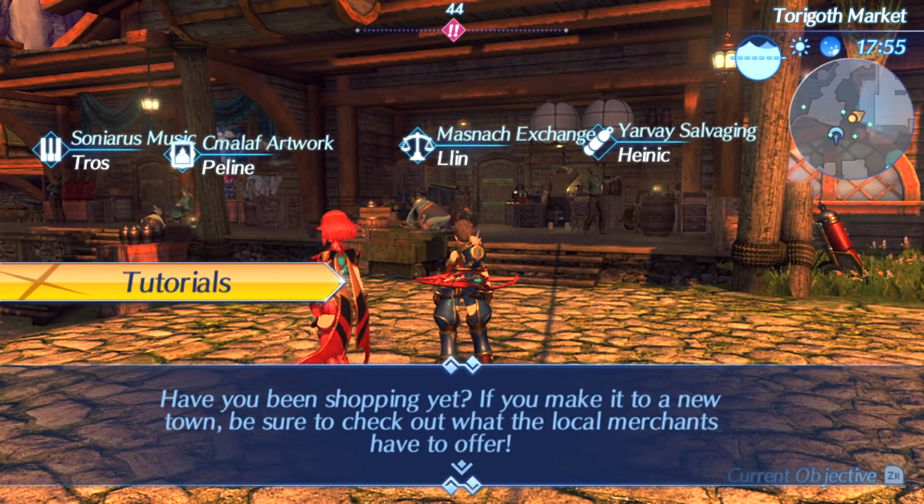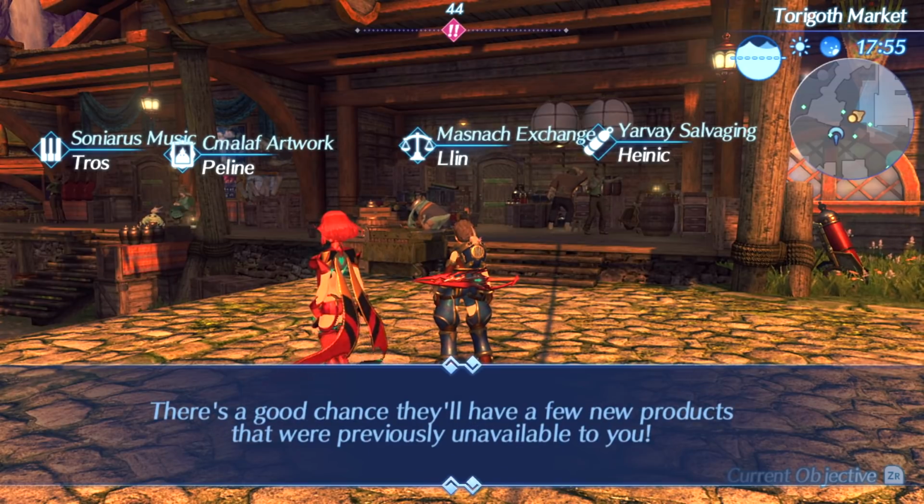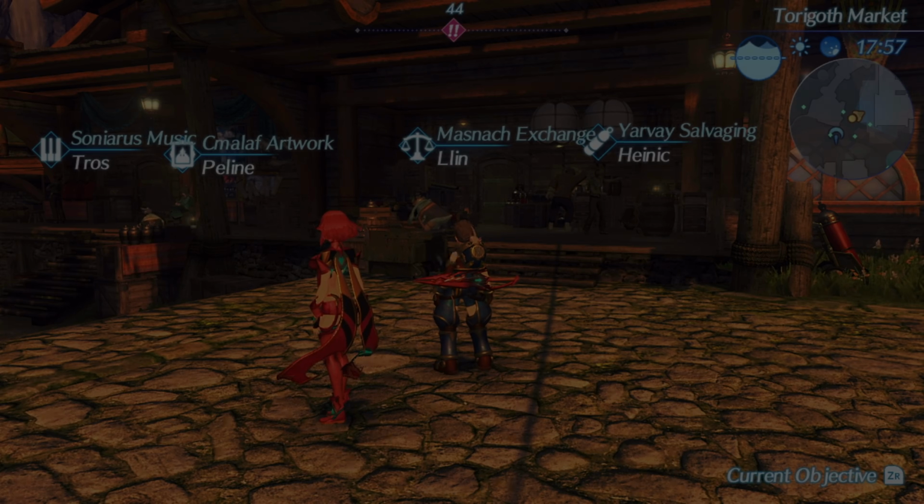And another tutorial. Have you been shopping yet? If you make it to a new town, be sure to check out what the local merchants have to offer. There's a good chance they'll have a few new products that were previously unavailable to you. Part of the problem is, though, that there's so much of the game that feels like it's still locked off systems-wise that I can't really make a decision for a lot of these. Like, I was just looking at that one there, and there's Great Axe Attachment, where it increases the damage of Great Axe-type weapons by 25%, and I don't have anything like that. Maybe I could later, though, if I do something special, maybe? You might even want to use skip travel to head back to Argeddon and see how the goods here compare to the ones there. Wait, can I actually...